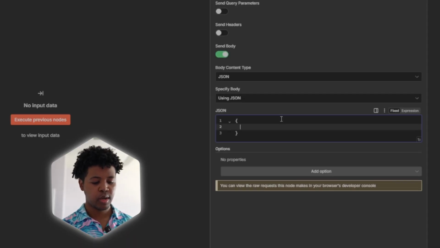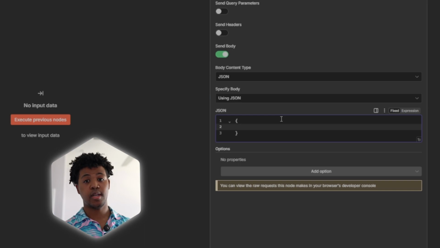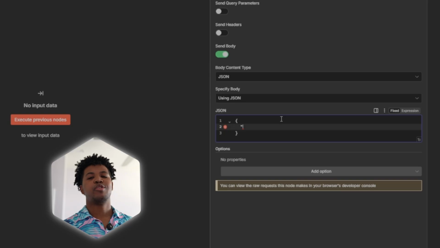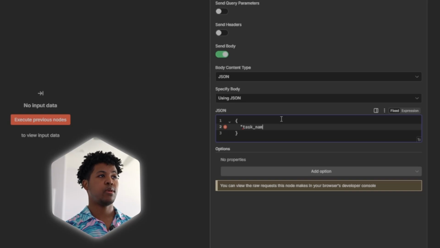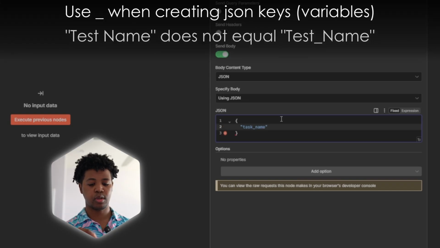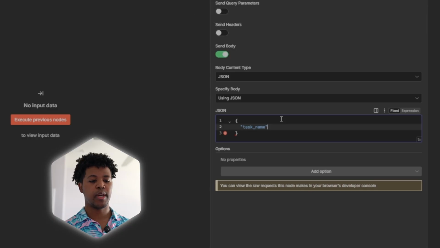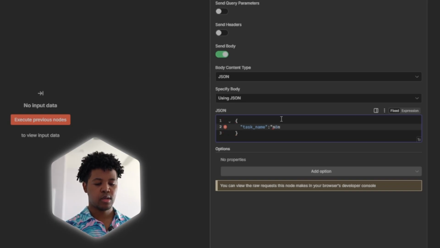So what we're going to do here is the task name, all right? So we're going to type quotes, because you don't want to transfer a variable, you want to actually transfer a text, and it works backwards in Tasker. Task_name, and make sure you use underscores because this is exactly what Tasker is going to look for. We don't know if it's going to get spaces or not. It's also going to turn into a variable, and I'm not certain how that's going to transfer either, so we're using underscores. : and then we're going to call this n8n toot